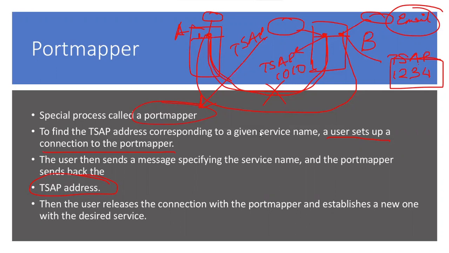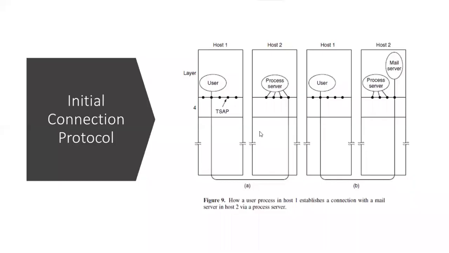But there may be certain applications which are not running very frequently, which are not requested very frequently. Very rarely some connection request comes for those applications. So it's no point for these processes to be connected and waiting to get a request. In that case, every time they have to be checking whether there is any new connection request. So to avoid this, or to make the system more efficient, something like this is done.